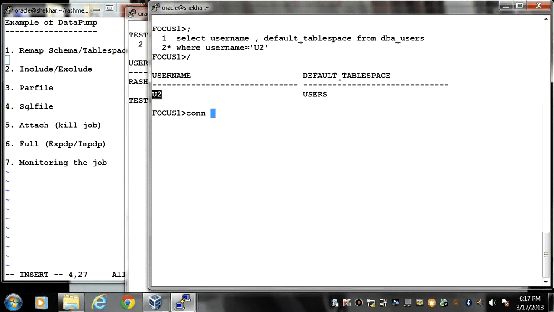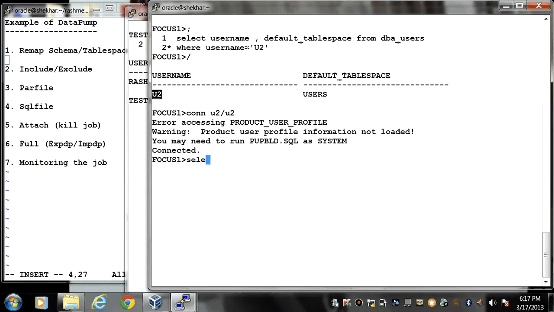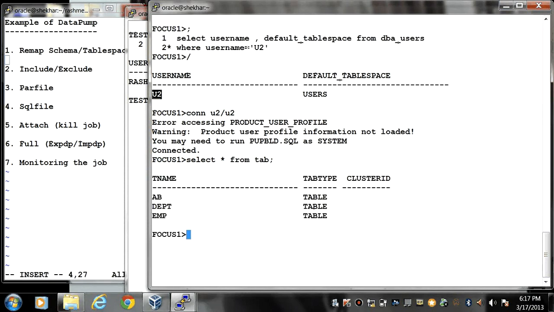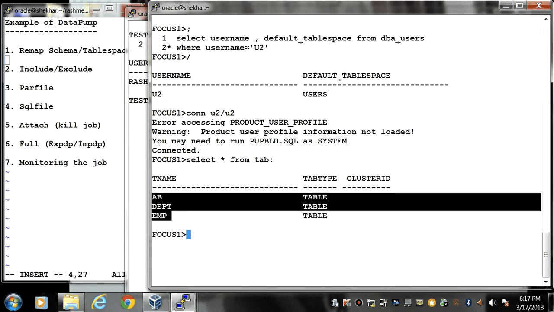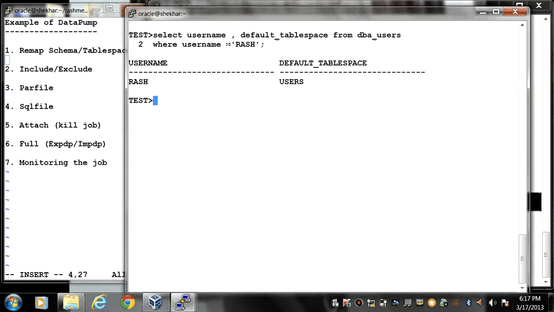If I connect with U2 and check how many objects are there, I can see that I have three objects. I want to export all the objects and import them inside the RASH schema. If you connect with RASH and fire select star from tab, you can see that I do not have any object.